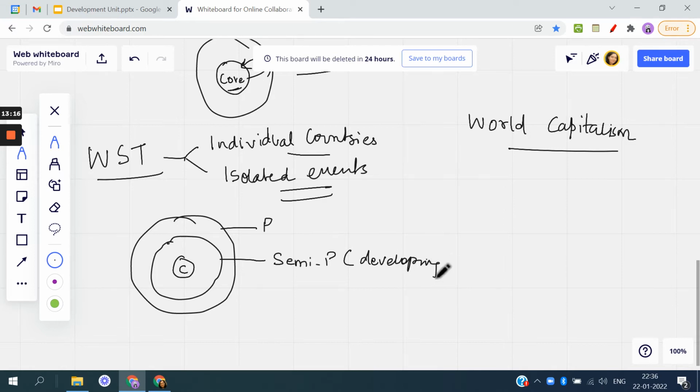India, Brazil, South Africa. These many countries, or many more countries, are known as the semi-periphery countries, whom we are calling developing countries. Periphery countries are underdeveloped countries. And the core countries are the developed countries, rich countries, right? So they said that this semi-periphery country will get the resources from the periphery and will pass them on to the core